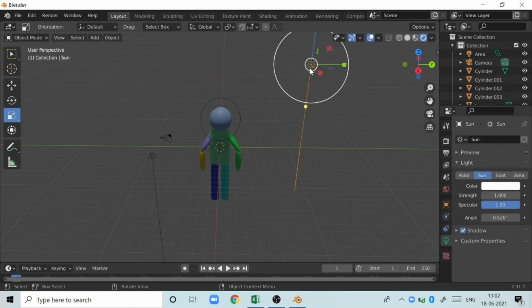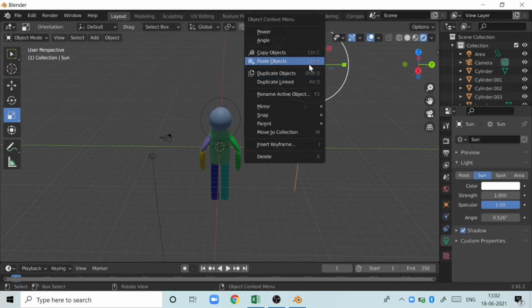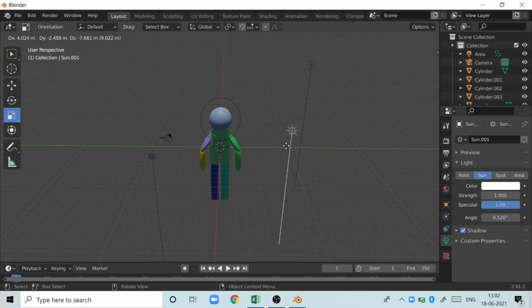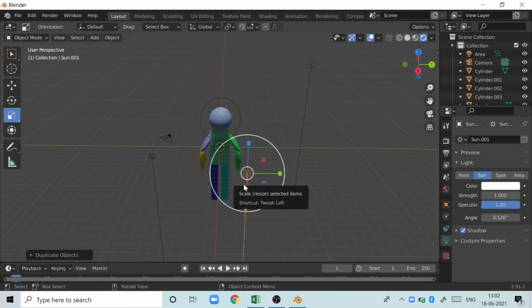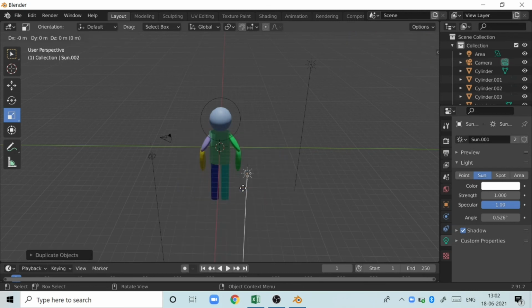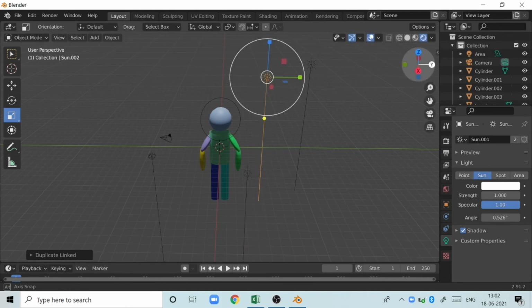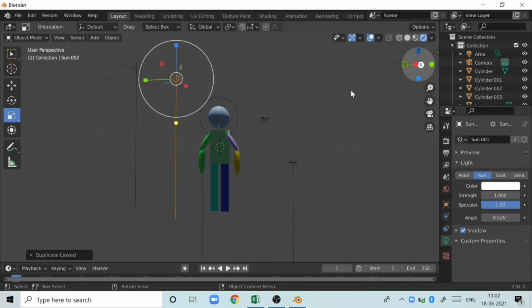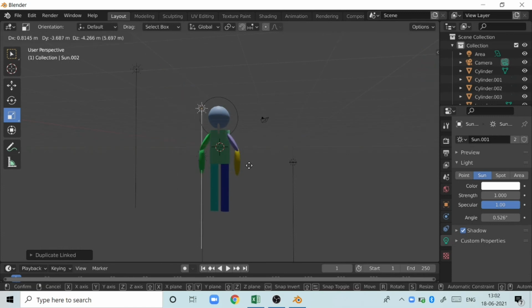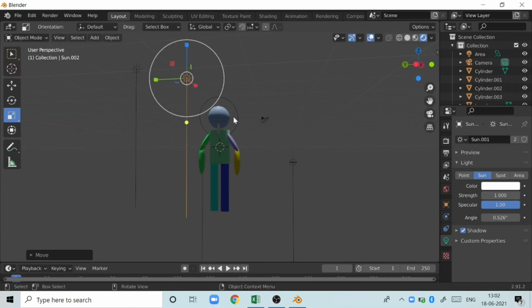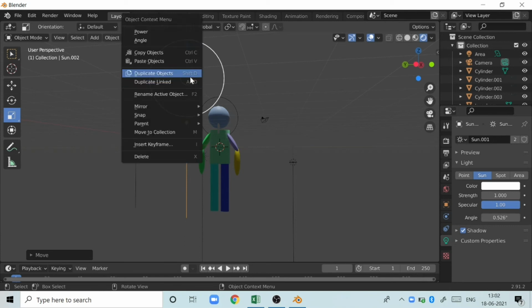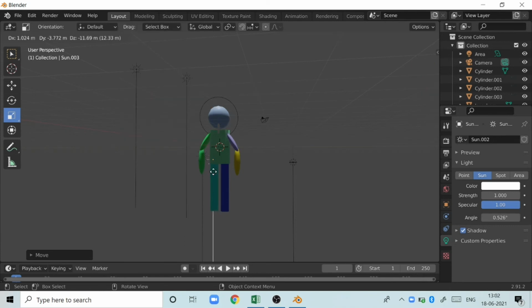So I'm just going to click it, do a right click, duplicate, okay, right click, duplicate, okay. You can see we have multiple lights but not one at the back, so let's add it at the back, do a right click, duplicate. You can see we can do it something like this,